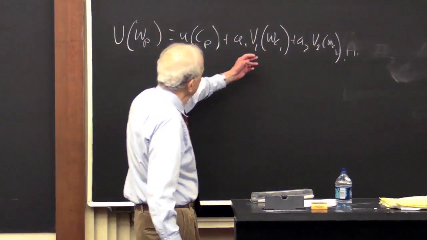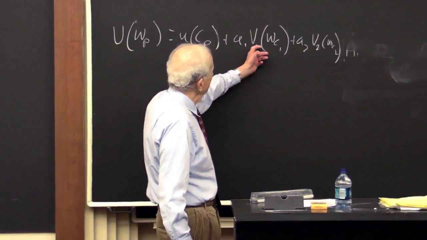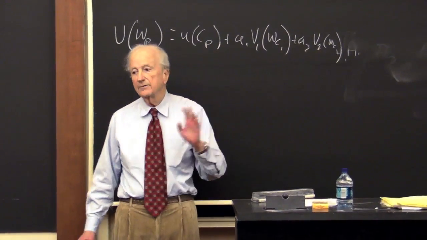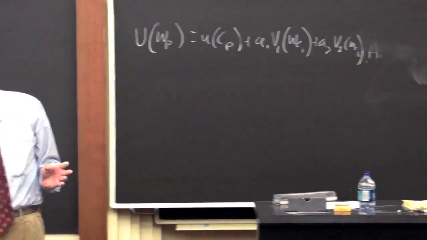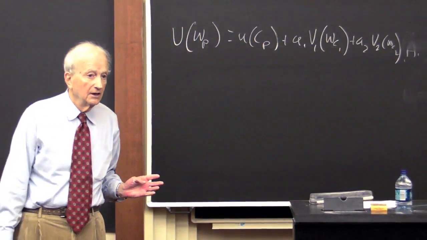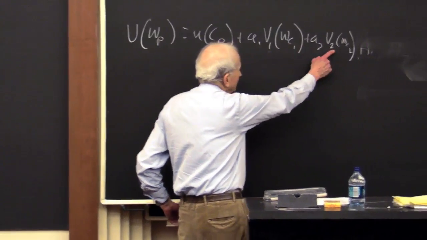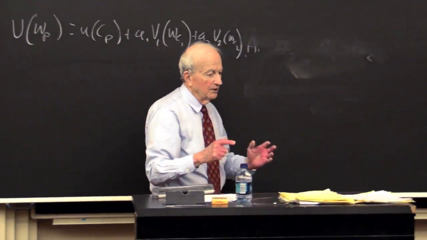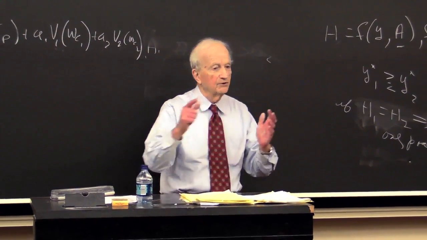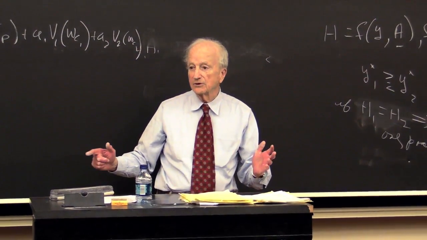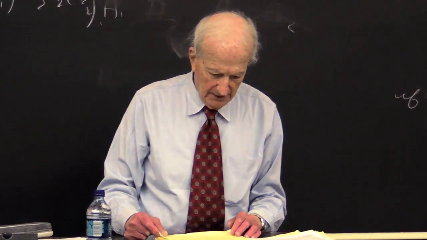I didn't make any assumption about the utility function, but I'm going to assume they're the same V function. That I am going to assume. Kids have the same utility function. They need not. Parents will try to take that into account. I'm just saying 1 and 2 here, just so we're able to keep track of whether we're dealing with the utility of child 1 or child 2, but we're assuming they have the same utility function. All right, so